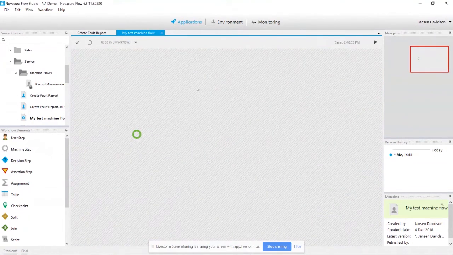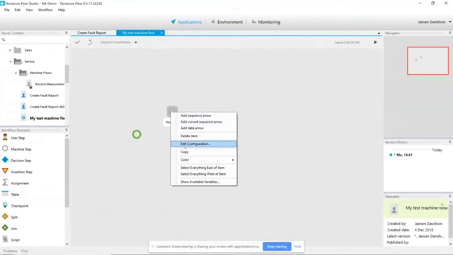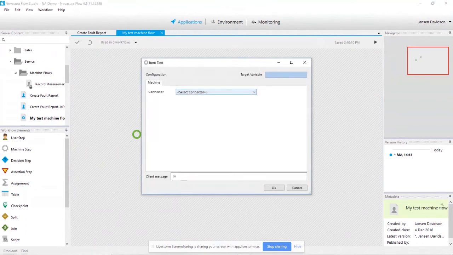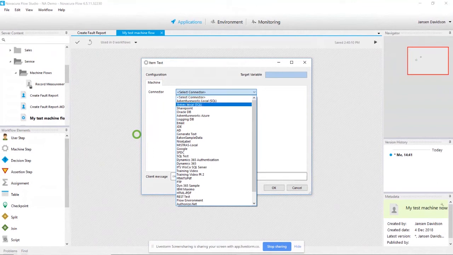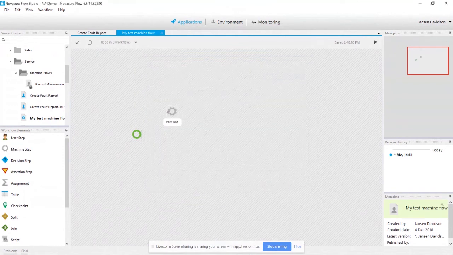I'm not going to necessarily build a full-blown machine flow here, but the idea is that I can go ahead and drag and drop, maybe if I look at Salesforce, this is our library of connectors. So I might have a REST, let's see here, salesforce.com, and I've got to configure it. I'm going to configure it right now. But the idea is, I could have,